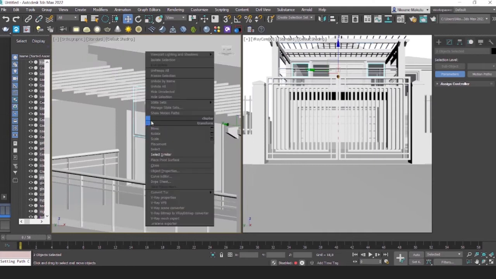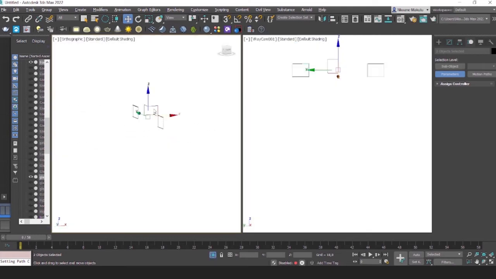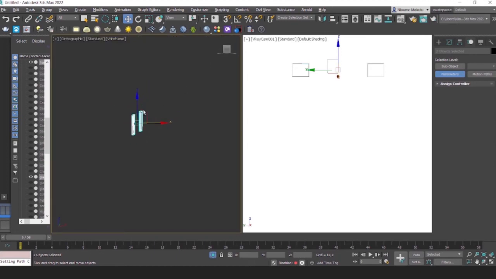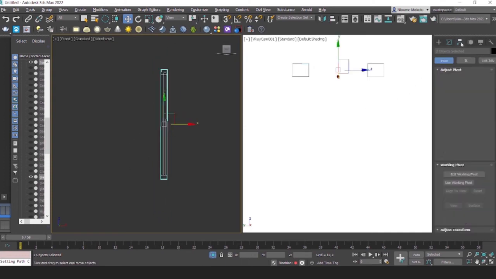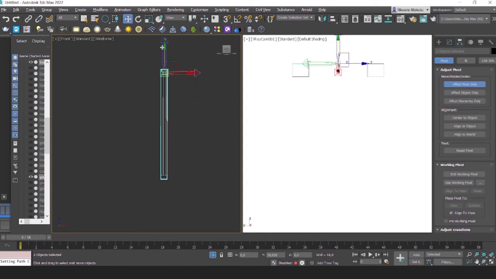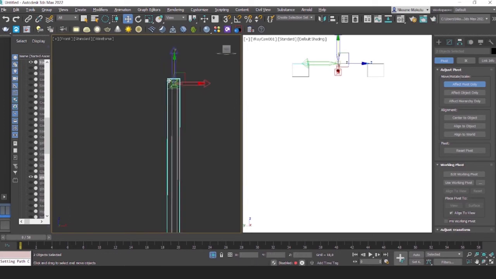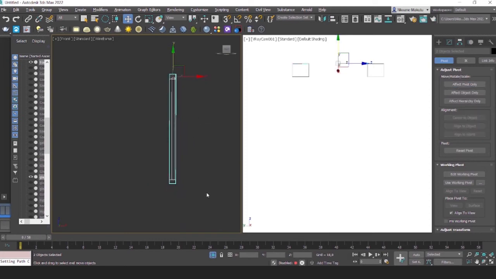So what I'm going to do is isolate them, go to wireframe, and then on this view I am going to go here, have pivot only, and make sure that it is up there. This is the opening point. This is where the window will be stationary, and this will be moving from here to there. Deselect that,